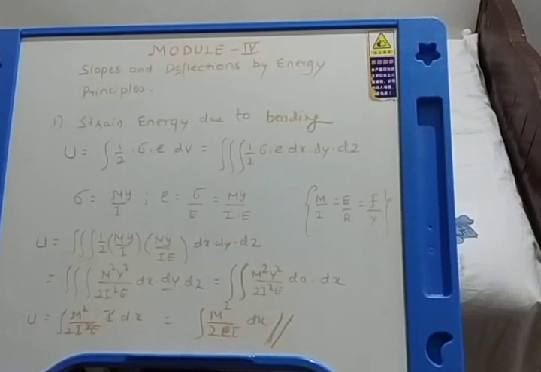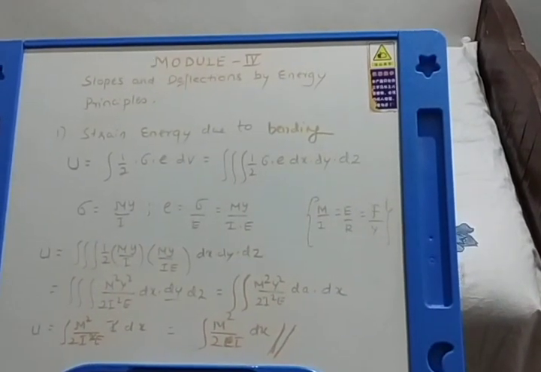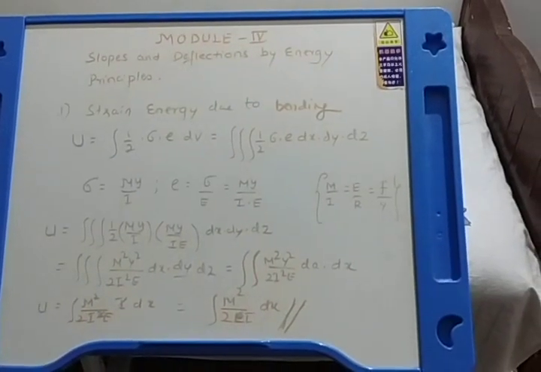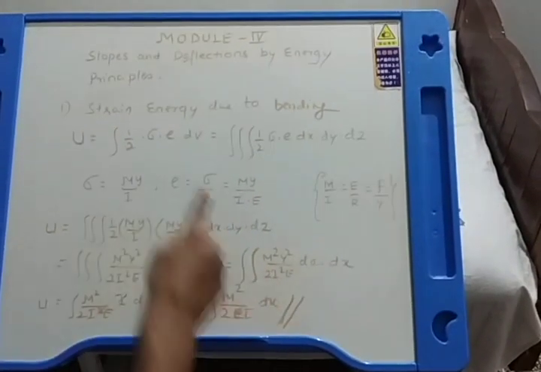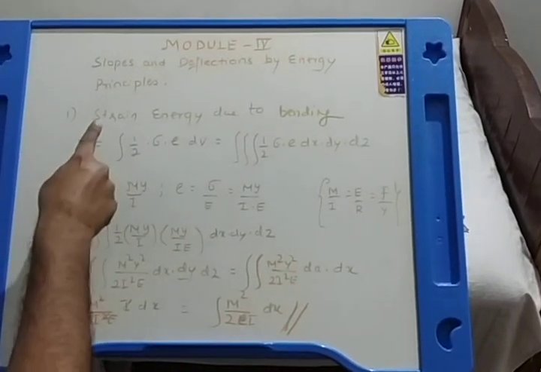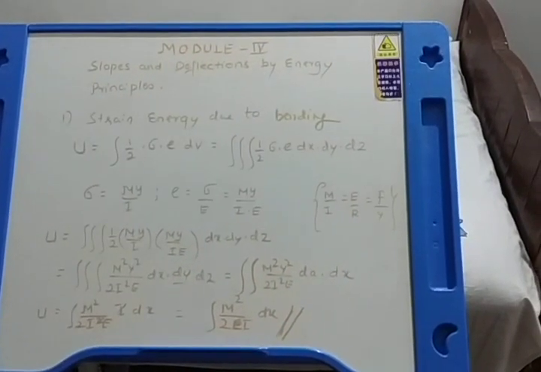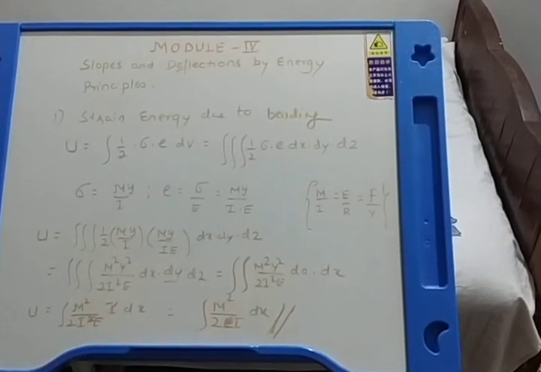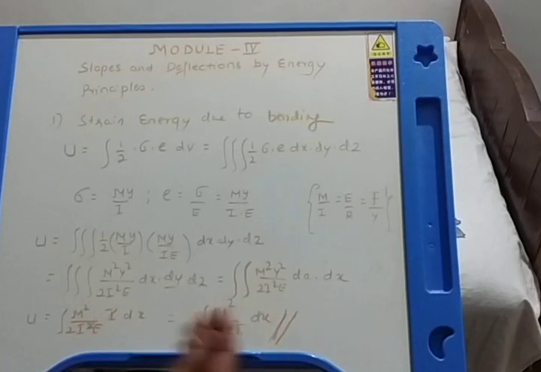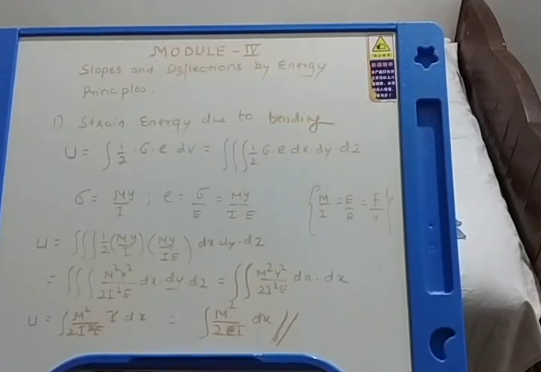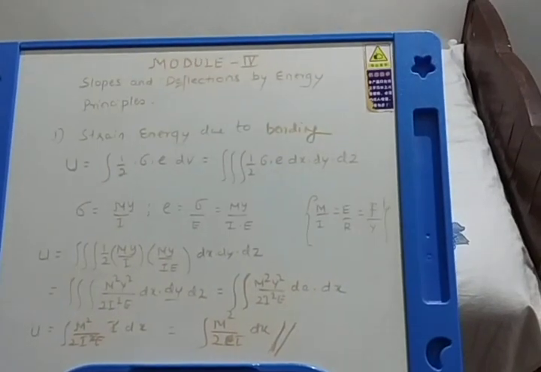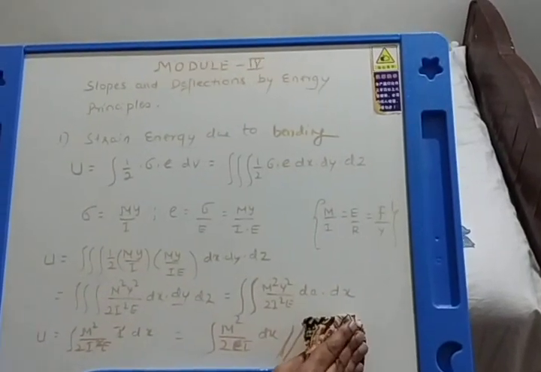If you look at the question papers, you will see that many a time the derivation of strain energy due to bending is asked. So you should be ready. This is how you can do the calculations or do the derivation and arrive at this expression. From here you can start and arrive at this expression. Or sometimes you get an exercise to derive the expression for strain energy due to axial loading, which you have done previous to this. I hope you have understood.